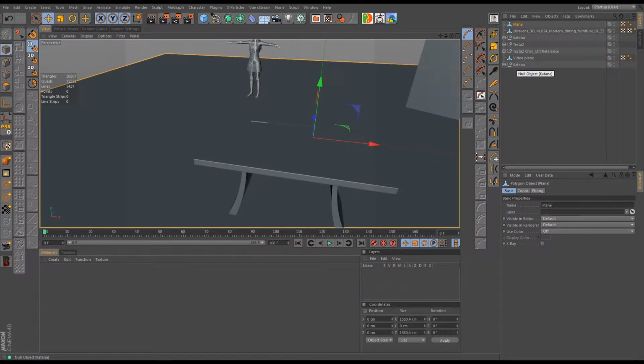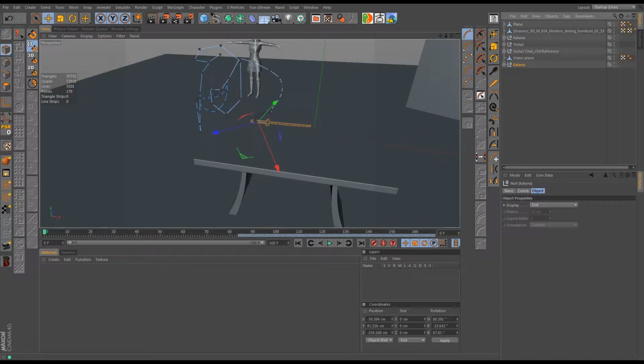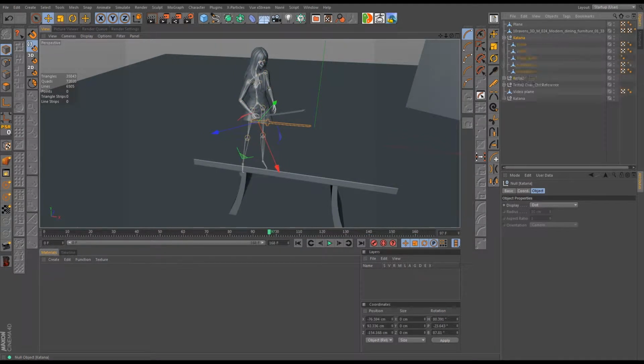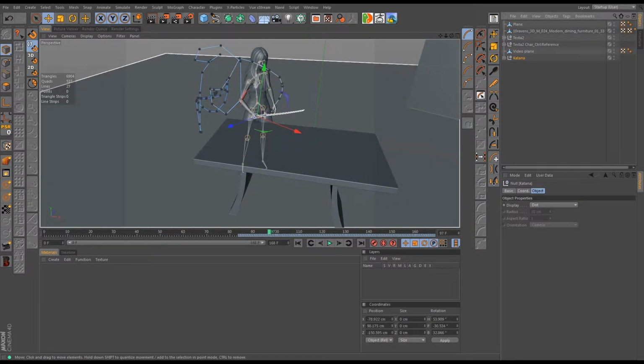This time we can get rid of the extra katana, so this katana has no animation on it, so this one can go. This one has all the good stuff on it,